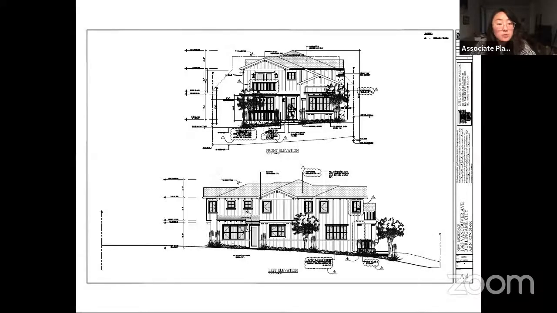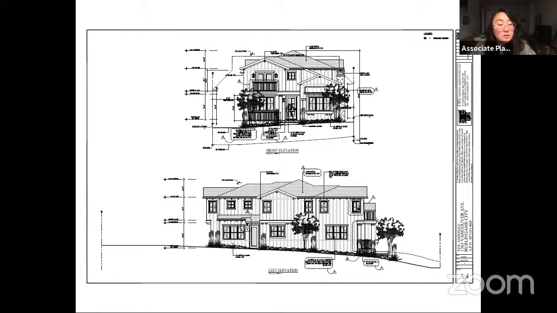This is an application for design review and special permit for building height for a new 2-story single-family dwelling and detached garage. This property is zoned R1 with a total floor area of 3,255 square feet, where 3,255 square feet is the maximum allowed. The applicant is requesting a special permit for the proposed overall building height of 32 feet, where 30 feet is typically the maximum allowed building height. Staff would like to note that the lot slopes approximately 8 feet from the front to the rear property lines, and the proposed finished floor is 7.5 feet above the average top of curb.